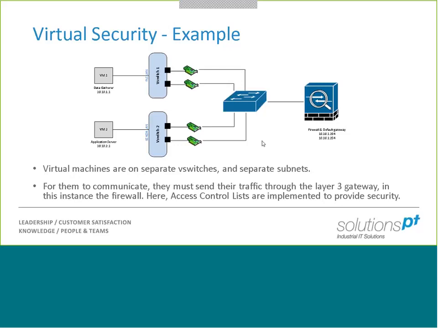Now, we've covered a similar example like this in a previous webinar where we use a firewall to act as a gateway, like a routed mode firewall. At that point, we can introduce access control lists, we can start filtering traffic out, and we've got complete security now between our data gatherer VM and our application server. So we've got security between our PLC LAN and our SCADA LAN. And like I say, all we're doing there is presenting our virtual machines onto the physical network, and allowing a physical device, in this case the firewall, to do the routing and also to implement some security, some access control lists, that kind of thing.